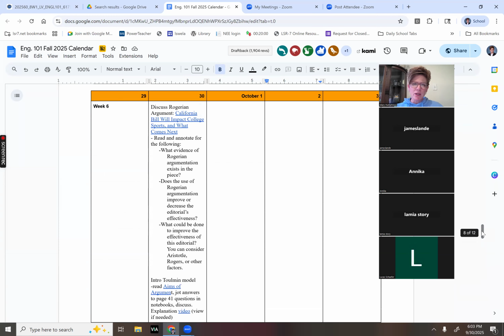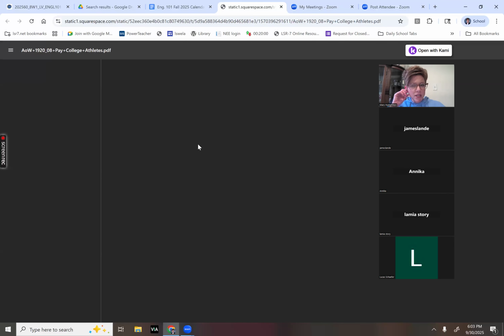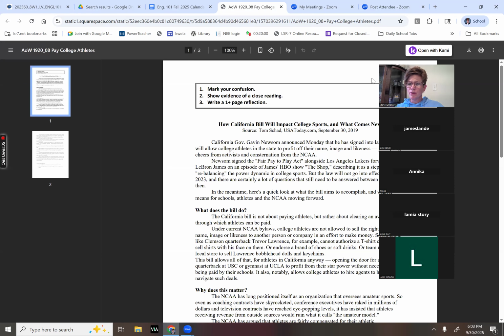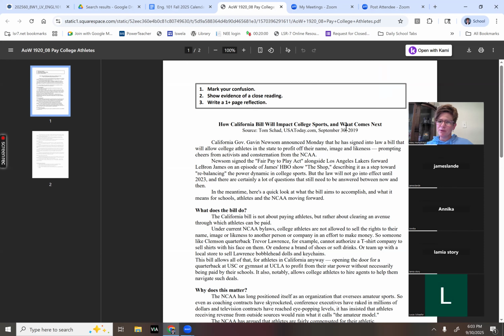Okay. All right. Well, let's get into it here. I'm just going to share kind of like the screen here and kind of talk through this. So this particular article, first off, I want to point out it's dated. I was trying to reread it before we started class here, and I was like, oh, a lot of things have changed here with college athletes. But this article is from September 30th, 2019. And I think I told you this in the last class period.